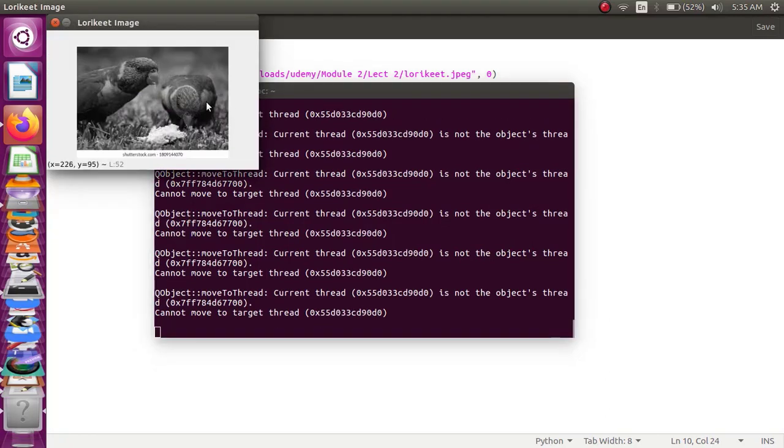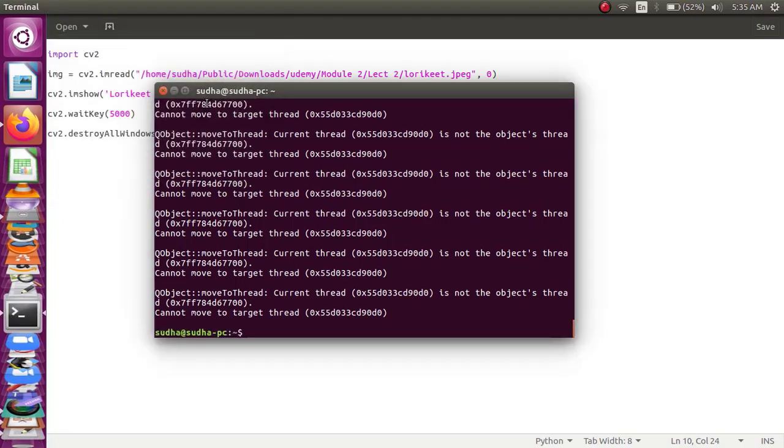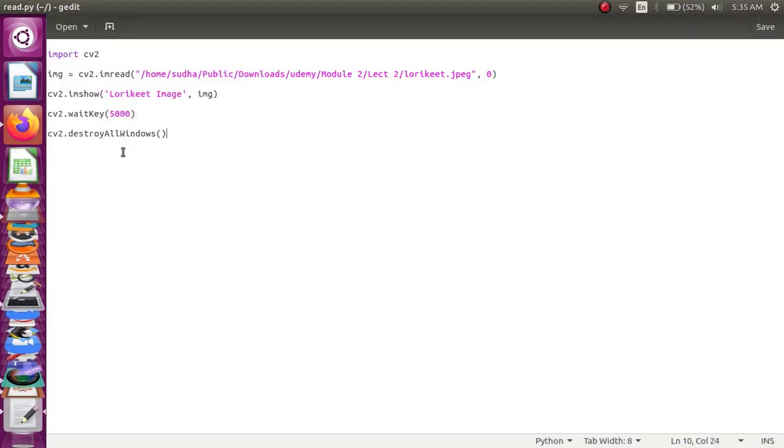It will wait for 5 seconds and then it disappears. If you want it to wait until a key is pressed, then you have to give cv2.waitKey(0), which means that until you press any key, or if you close the window, it will remain open.